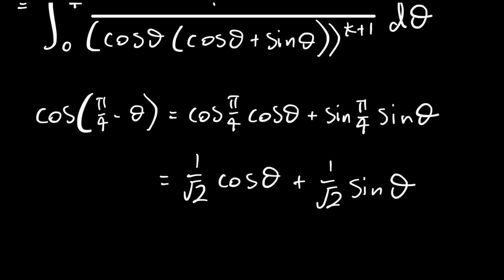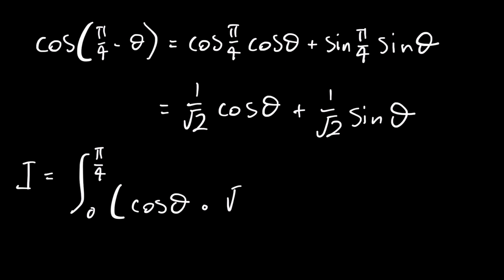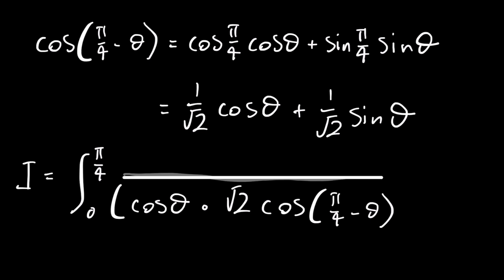And what we have is essentially this multiplied by root 2. So we can say I is, from 0 to pi over 4, cos theta times root 2 cos of pi over 4 minus theta, which is what this part asked us to prove. Now,